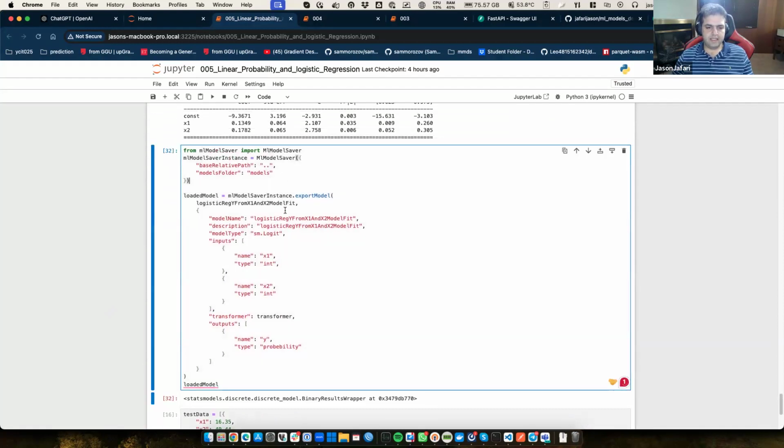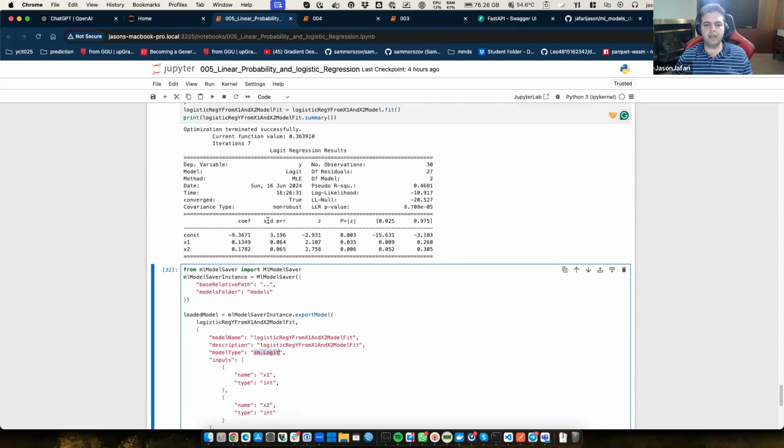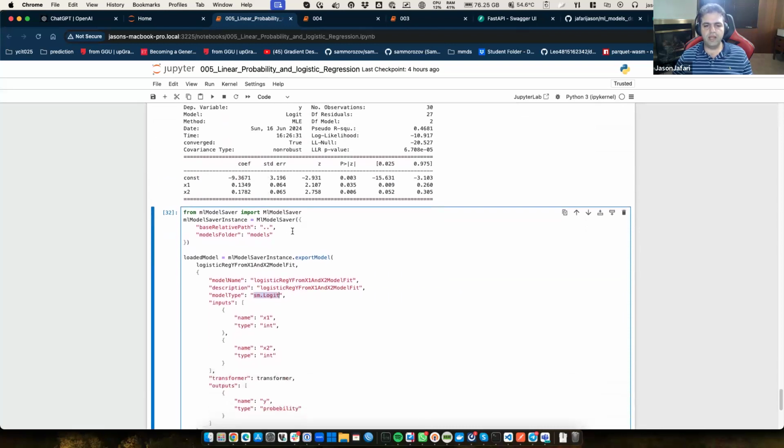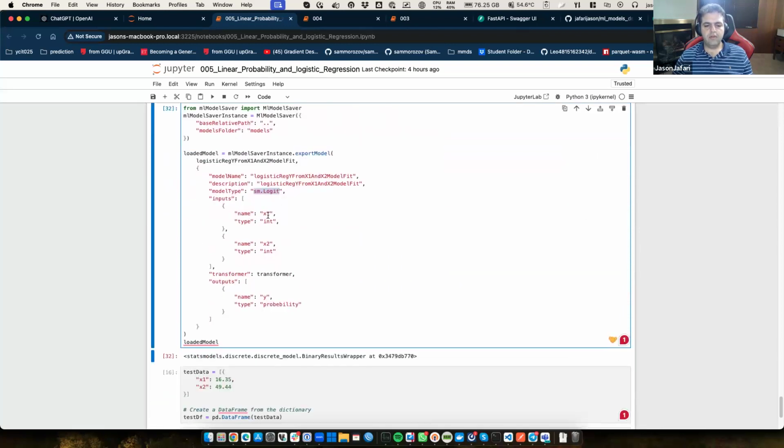I'm going to go ahead and save. For saving the logistic regression, we need to put SM logit, because we use that model, and the fitted value, and we need to specify which input we are looking for, which output, and the output of Y. Whenever you use the binary classification based on what I